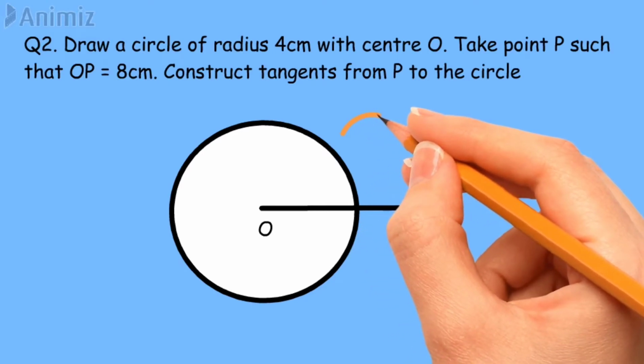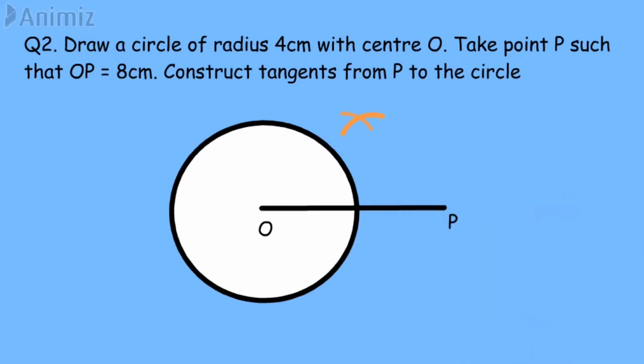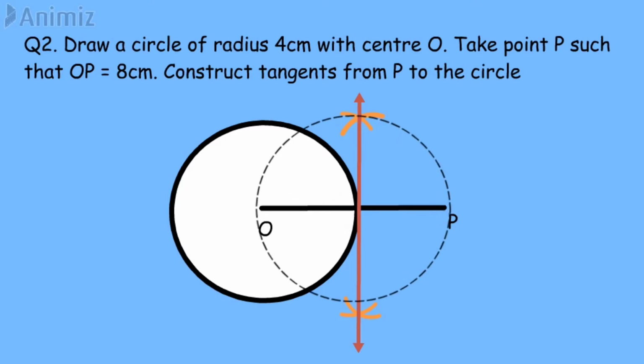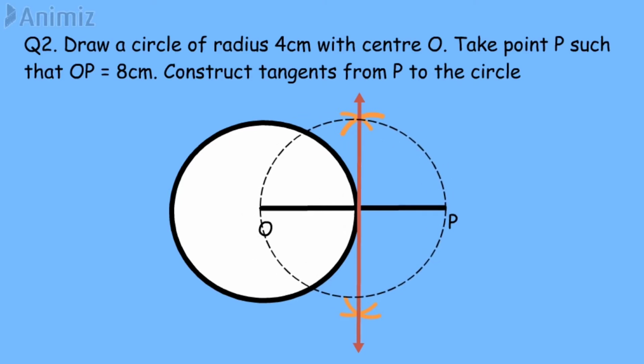So when you draw the perpendicular bisector of OP in this way, you will get the perpendicular bisector intersecting OP and touching the circle. Now keep your rounder at this intersecting point, take a distance up till O and draw one dotted circle. When you draw the circle, OP will represent the diameter of that circle. Now this circle has intersected the given circle. Upper point you can take R, lower point you can take S.